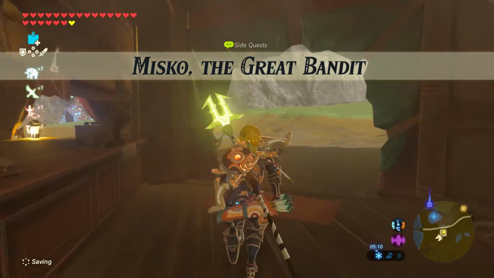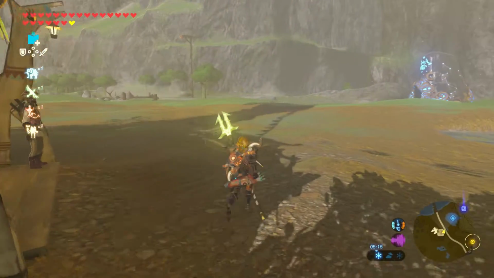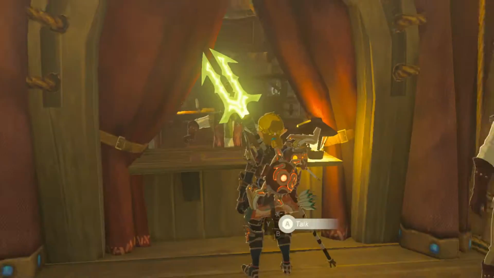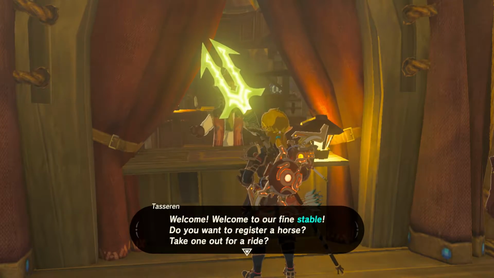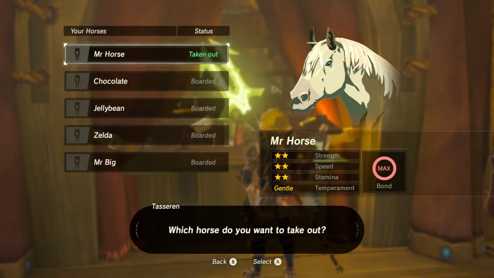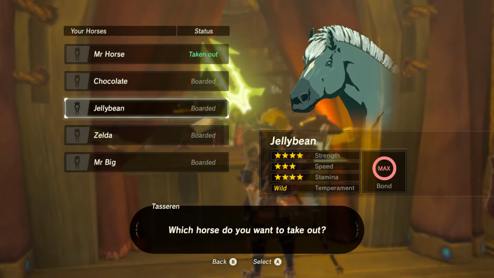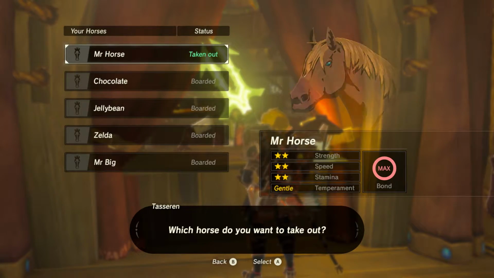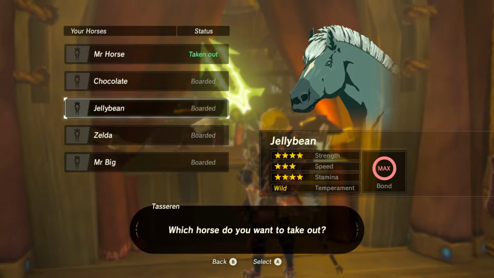Okay, so Misko, I believe this is part of the DLC, and it refers to, yes, I'd like to take a horse out. It refers to, I believe Misko is a bandit who stole some treasures. Mr. Big. Let's take out